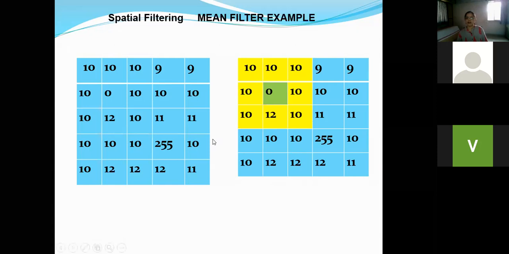For this very first pixel, we consider this as the neighborhood. In total there are 9 pixels, and by taking the average of these 9 pixels, we can get the new value of this pixel. What is the new value of this very first pixel? Please compute the average of all the pixels and type it in the chat box.